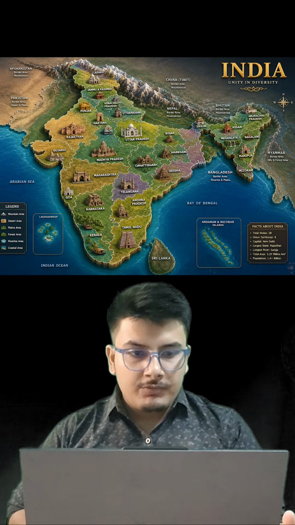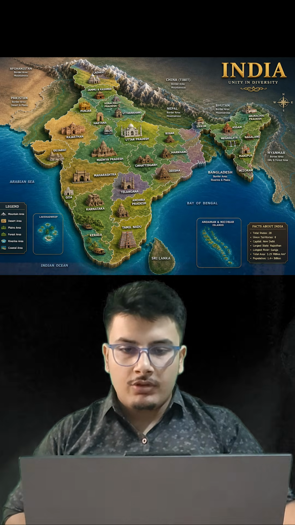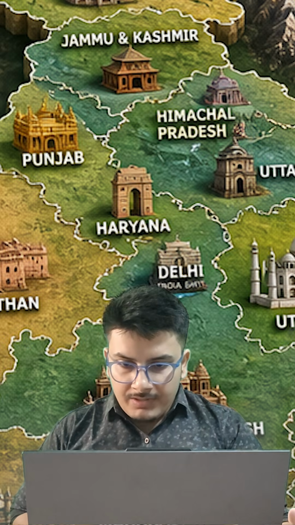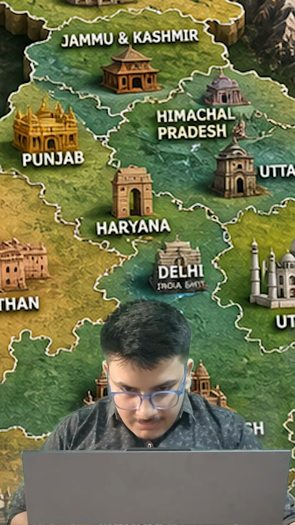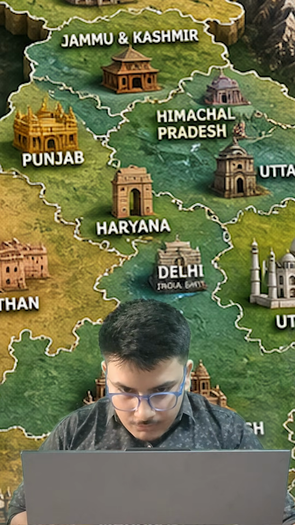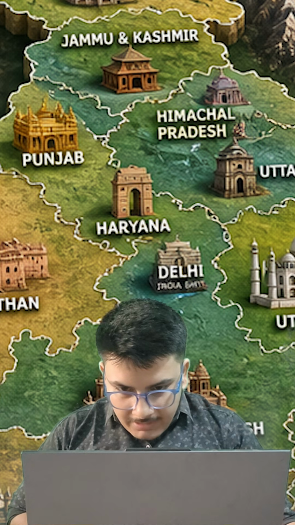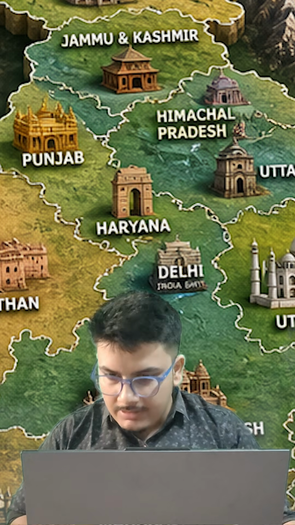If you see the 3D map it has created, it's really good. The names of all the states are very clear. The places where there are mountains look actually good, and the desert is actually good. It has shown India Gate in Haryana, so I don't know why it did something like this. And in Delhi, it's shown some other monument, and I can't understand what is actually written there.